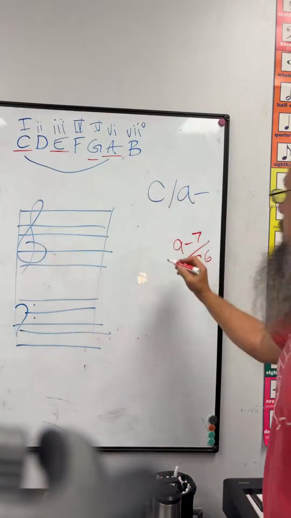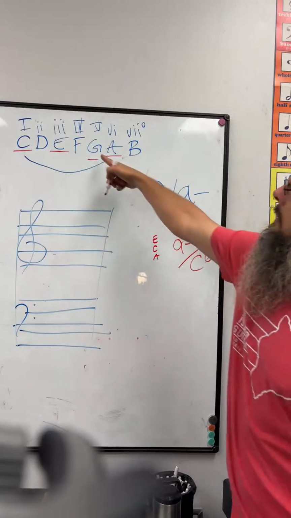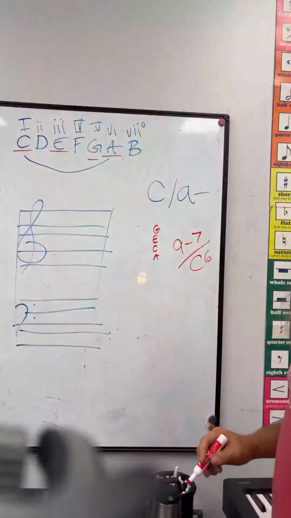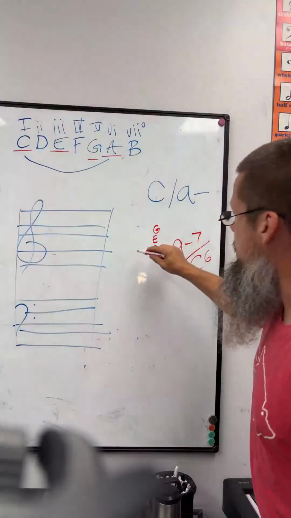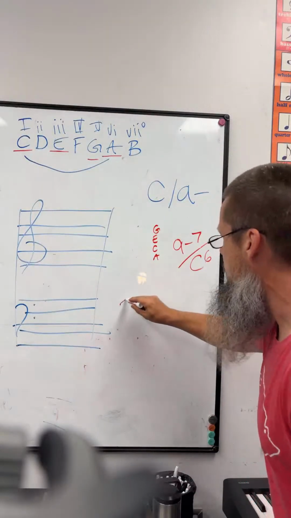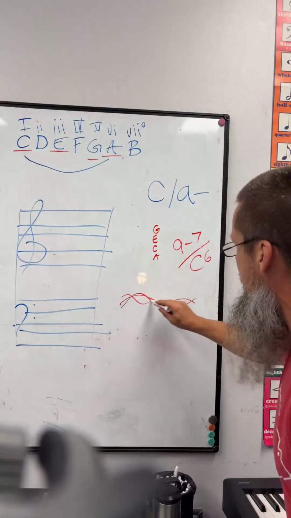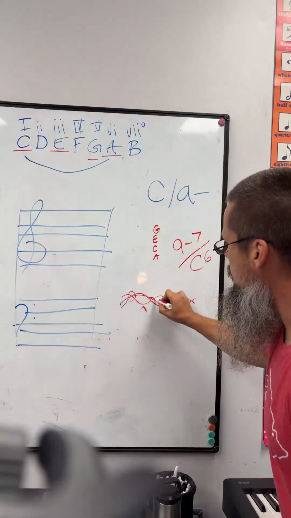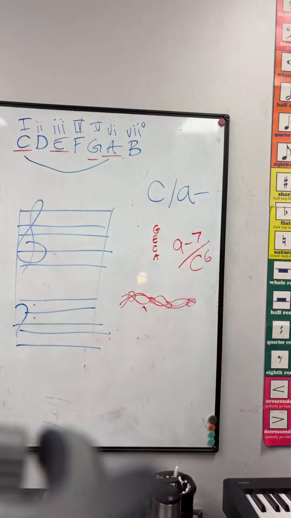How do you spell A minor? A, C, E, and then what was our 7? G. Nice. Those are individual notes, pitches. And when you get the frequencies of the C, the E, and the G, what happens is they layer over themselves in such a particular fashion where you have peaks and troughs. This is where your ear vibrates. That's why it sounds like a consonance, which sounds great,